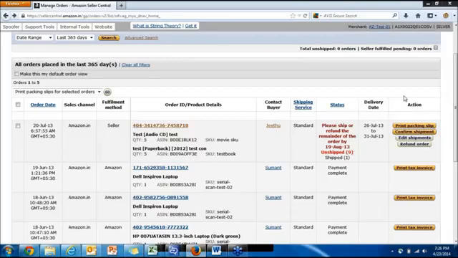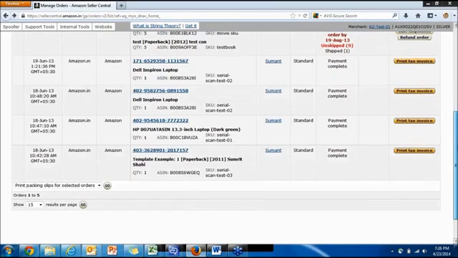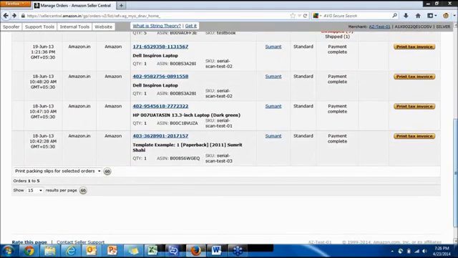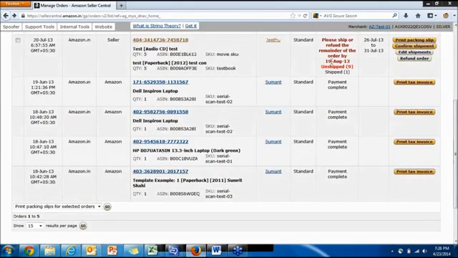One very important and quick point here: if you see the status here as pending for a particular order for more than 2 days, a pending status normally denotes that there is something wrong with that particular order. Either the payment is stuck or there is some other technical issue. You should contact seller support right away, because it's highly likely that there is something wrong with that order and it will not get solved in the pre-specified handling time period, which might lead to bad performance for you as a seller. So you should contact seller support and let them know that there's an order on your account which is in pending state for more than 2 days. Okay.